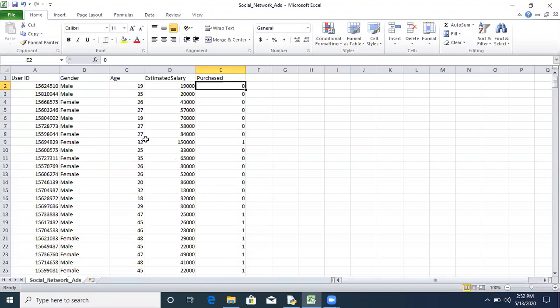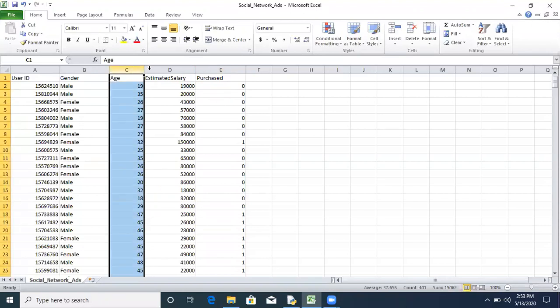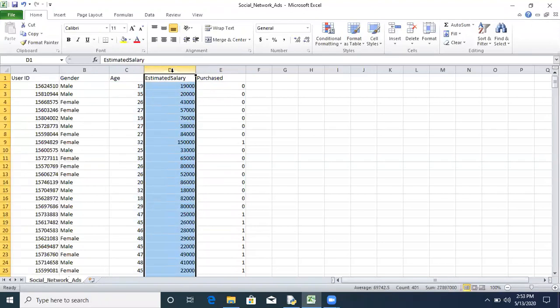It is just a survey type of example in which we are doing a survey on the basis of age of people and estimated salary of the people who are purchasing some items, who are buying some items, and on the basis of age and estimated salary we are predicting whether these people are buying or purchasing the item or not. If they are not purchasing, then the output will be 0, and if they are purchasing, the output will be 1, like this.